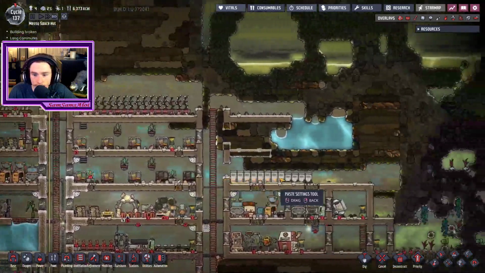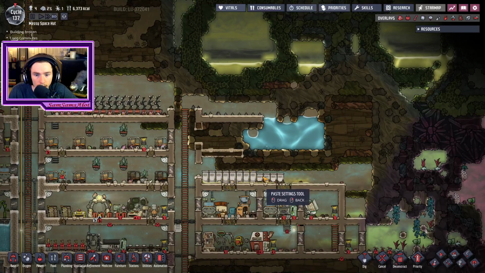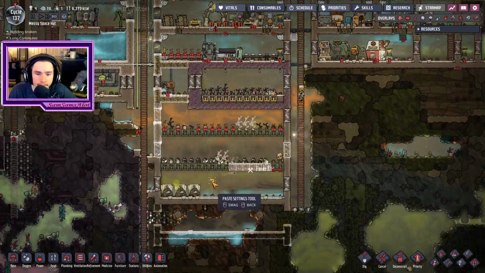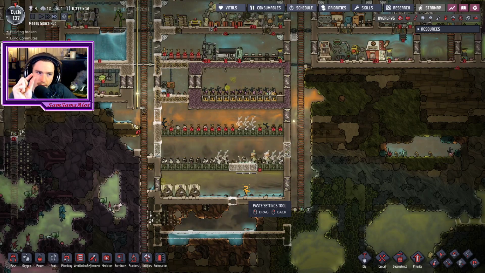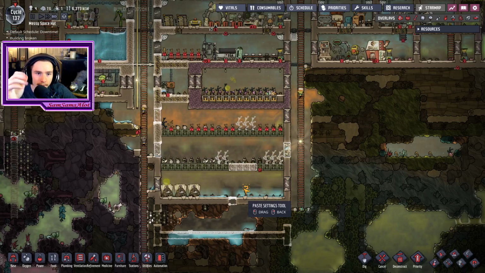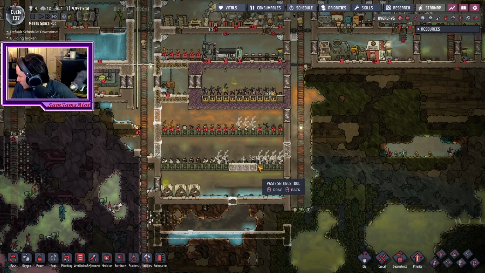So at least 10 duplicants have died. It's not something to be proud of, but I find it hilarious that I keep on getting this close to extinction, and then things level out for a little while, and then I try to push up again, get up there again, and